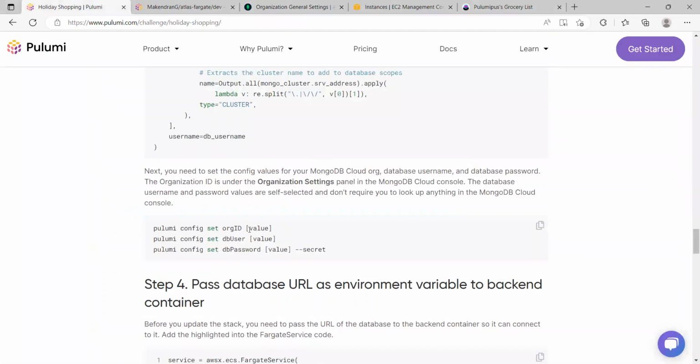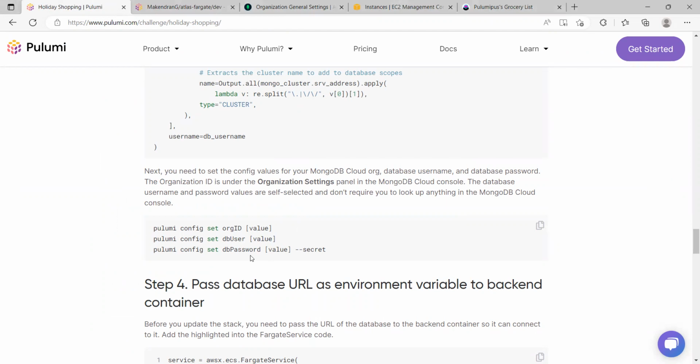So you need to put the organization ID and the username and password that you choose yourself. Once those values are entered,